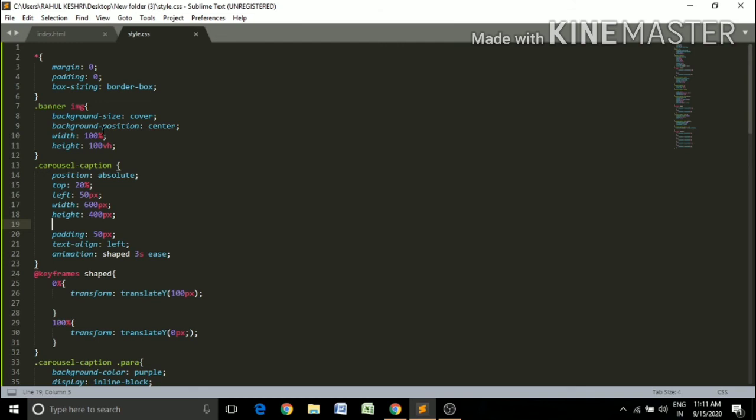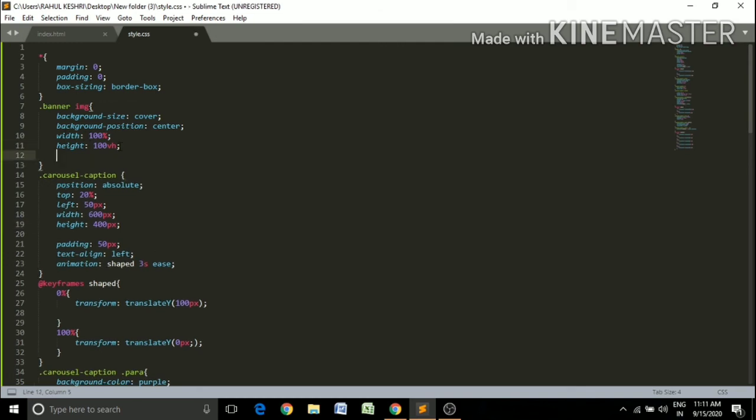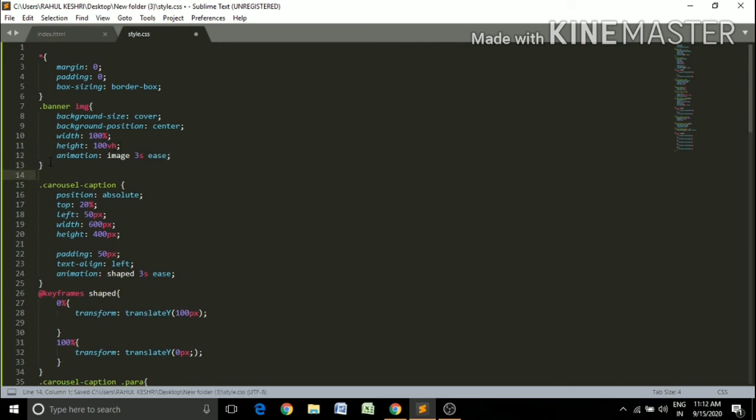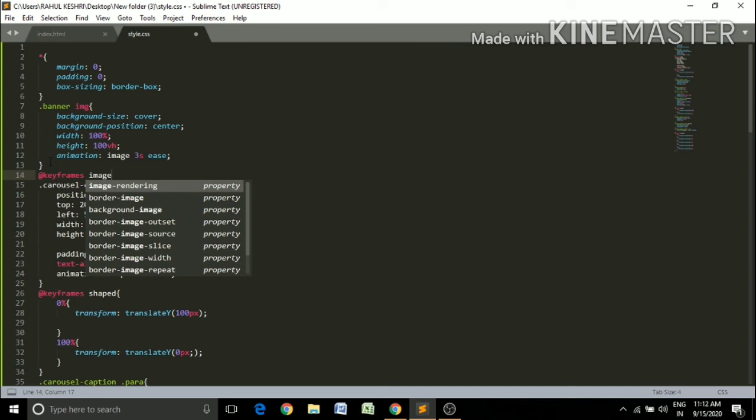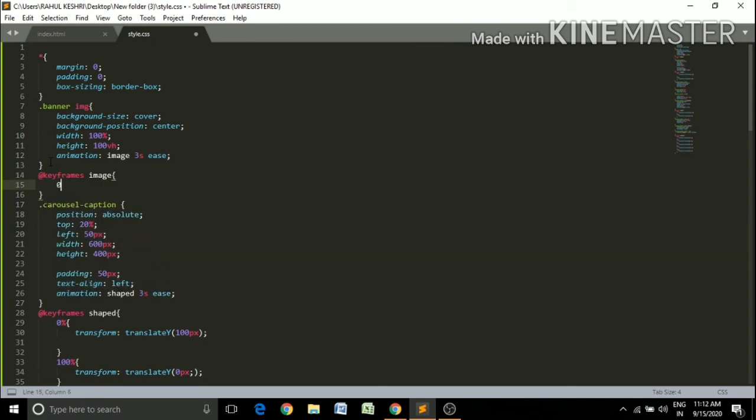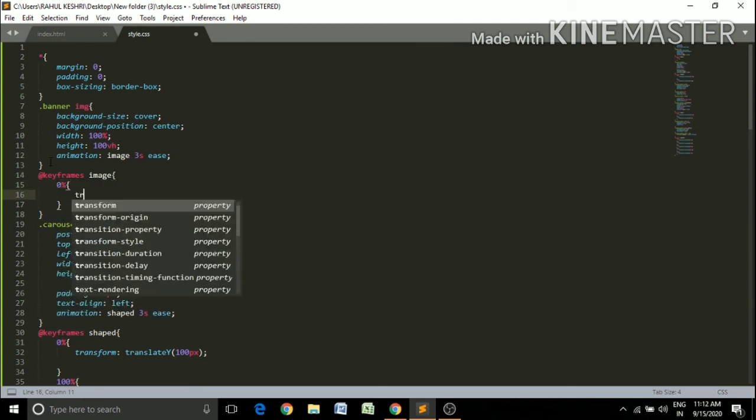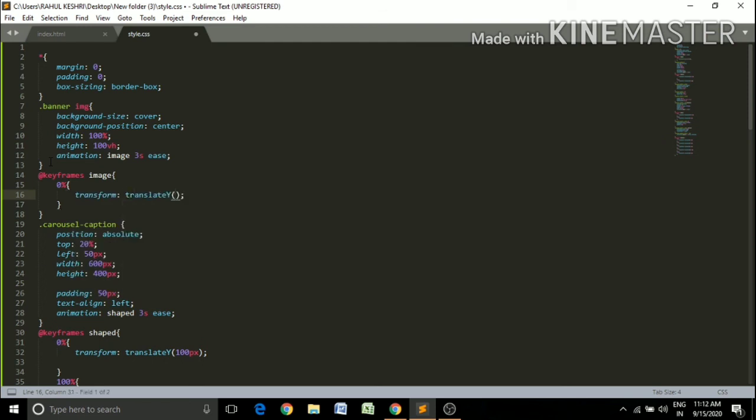So go to the banner image, animation, I'm giving the animation name image, 3-second ease, and using @keyframes, image, 0%, transform translateY -50 pixel.